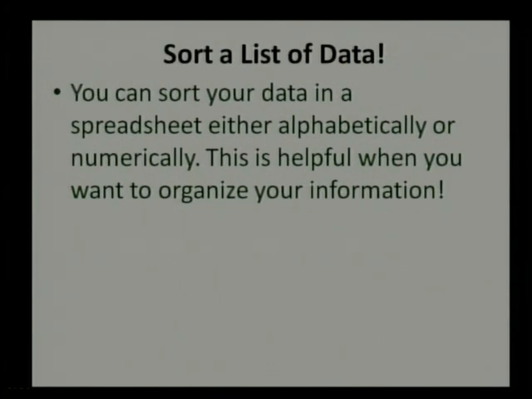Now how to sort a list of data? Suppose we have some data, say some numbers are given in a random fashion, and we want to arrange them in ascending order or descending order. That can be easily handled in Microsoft Excel by selecting a proper sorting toolbar. Similarly, suppose I have some 10 different names in my Excel sheet and I want to arrange them